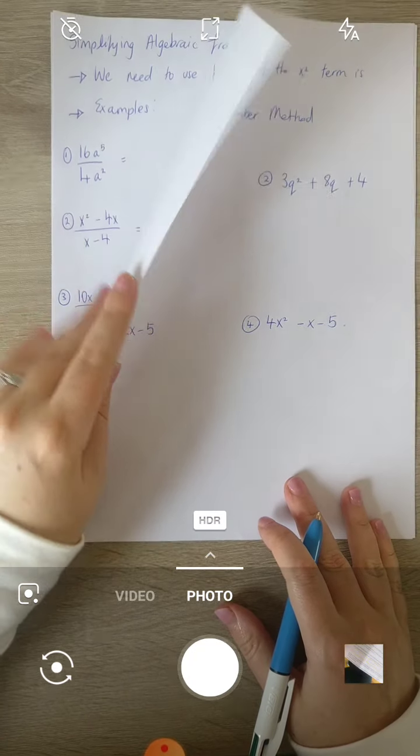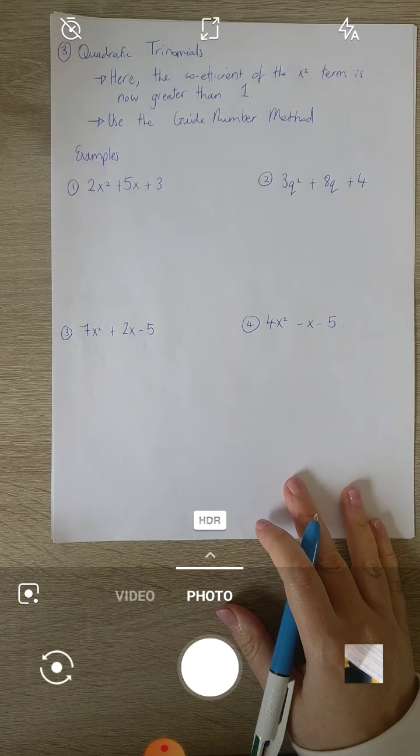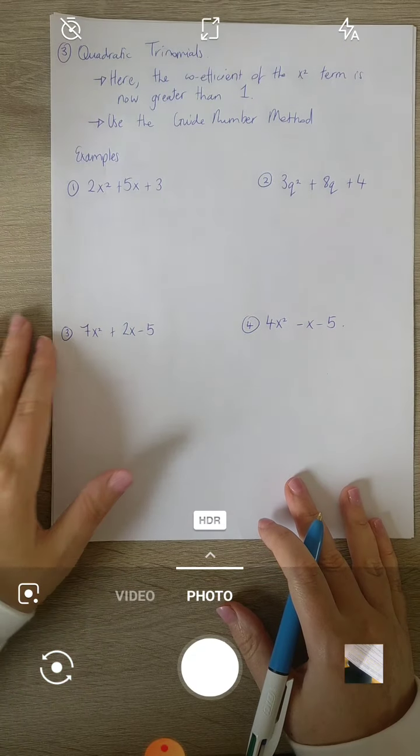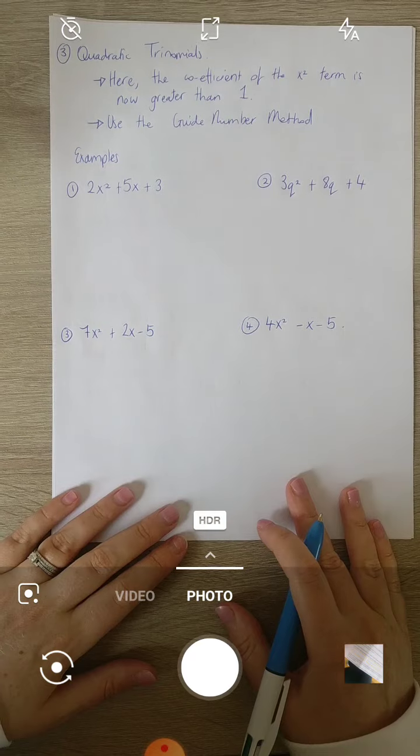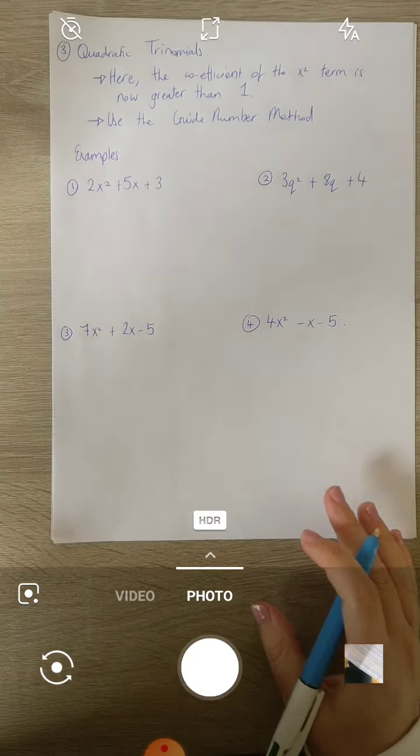Part 3 is our quadratic trinomials. I don't think I've done grouping here. No, we've left out grouping, but you're not going to see much difference in grouping from the last video to this video, okay? So number 3 is our trinomials, okay? And what you should be able to see here,